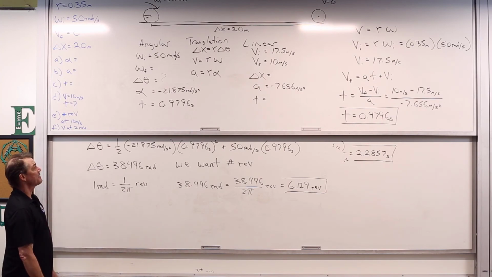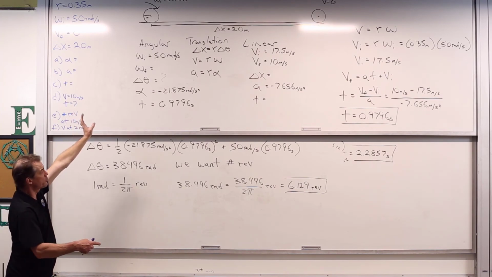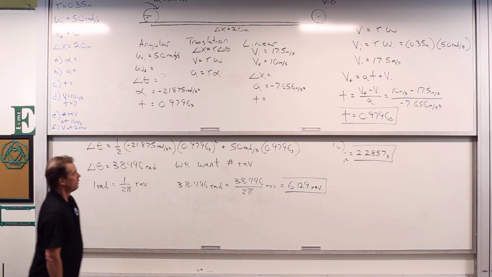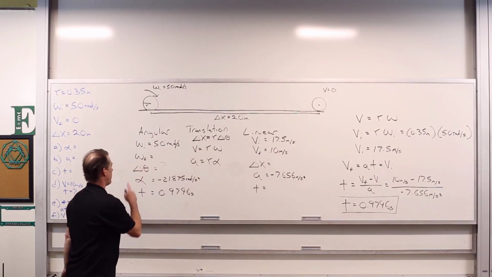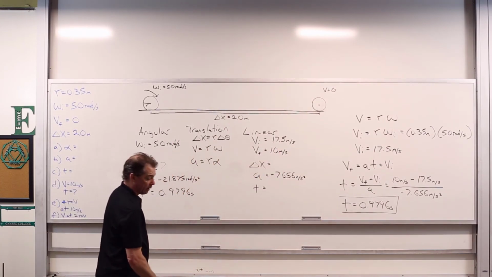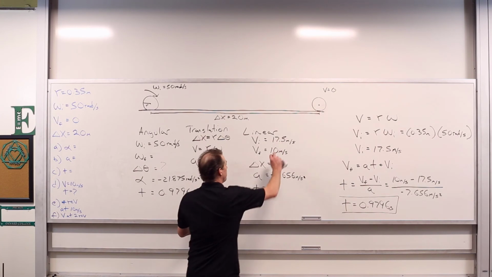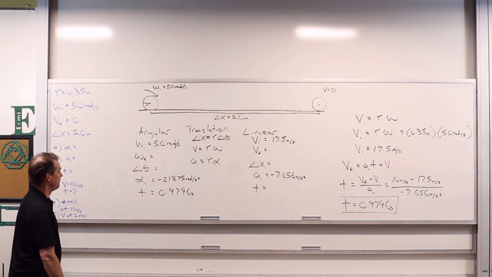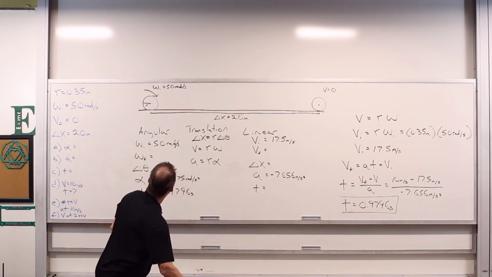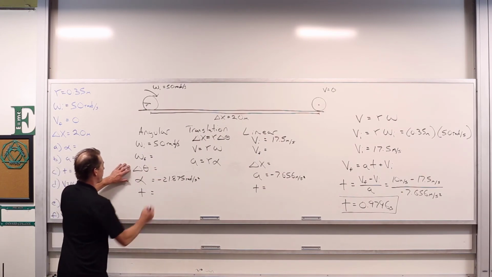One last thing that we're asked for. We want to know how fast this object is moving after it spins around twice. So it starts at 50 radians per second, rotates 2 times. How fast is it going now? Equivalently, it starts at 17.5 meters per second, spins around 2 times, and then we want to know how fast it is going now. The acceleration is constant, and this is not the amount of time. Let's just deal with the linear stuff here, but we are told after 2 revolutions,